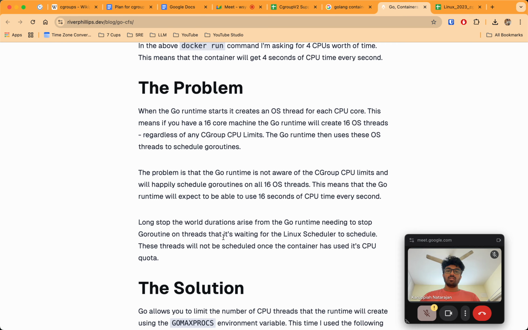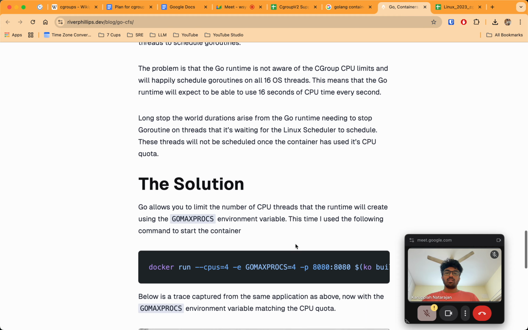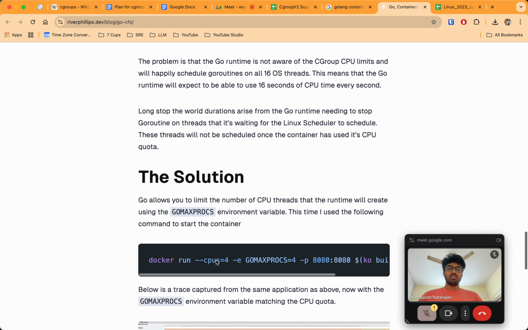Long stop-the-world durations arise from the Go runtime needing to stop goroutines on threads that it's waiting for the Linux scheduler to schedule, and which will not be scheduled once the container has used its CPU quota. Okay. Go allows you to limit the number of CPU threads that the runtime will create. This time I use the following command.